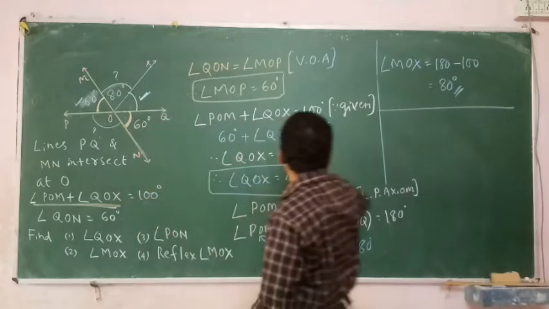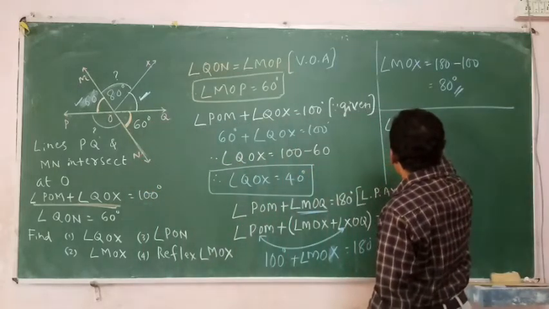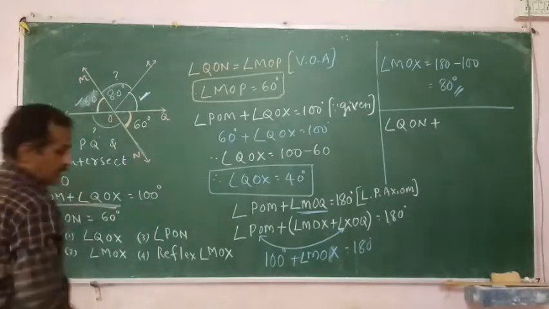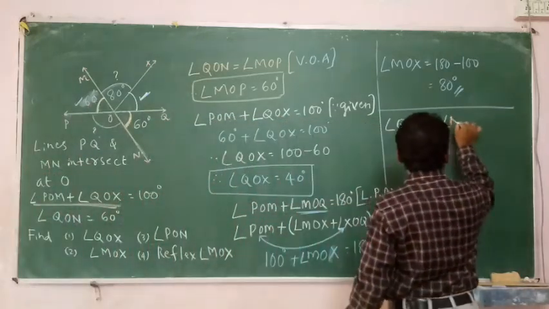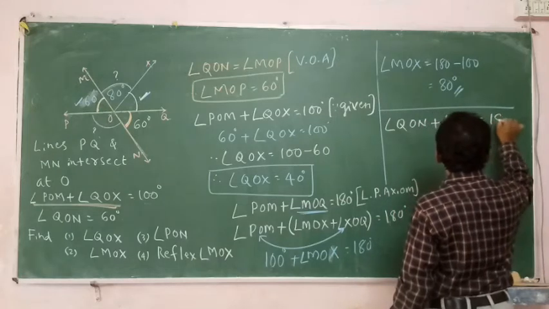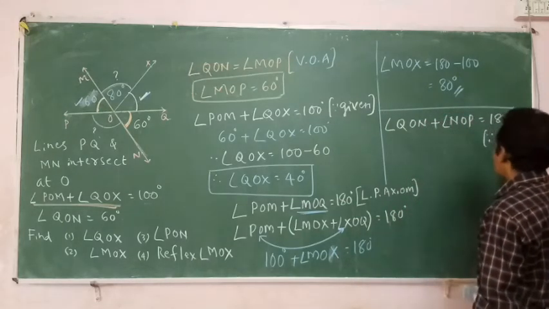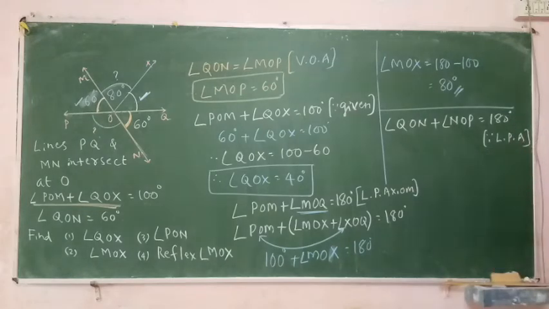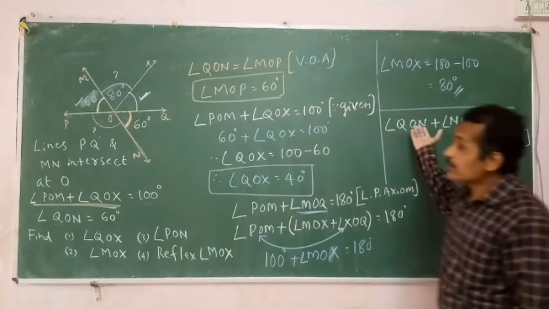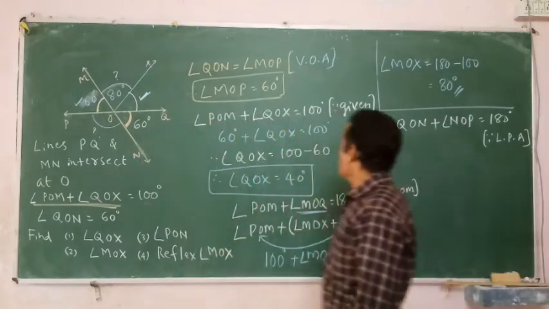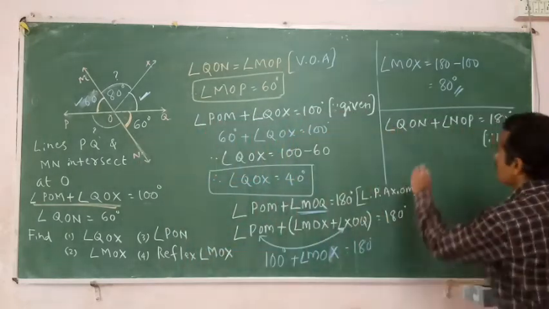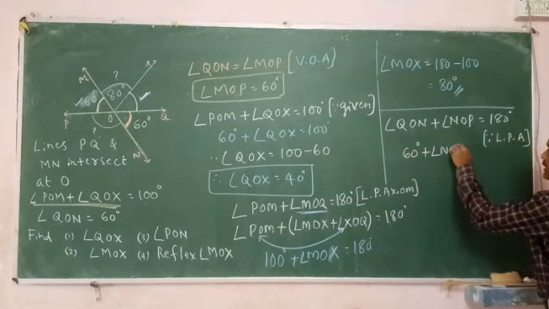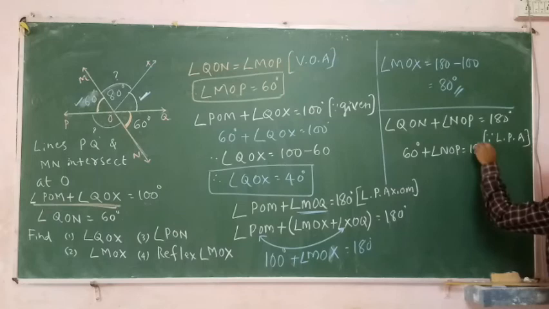Angle QON plus angle NOP is equals to 180 because we can say linear pair axiom. Which angle is known to you? This angle 60 degree, you know. Angle QON 60 plus angle NOP is equals to 180 degree. Therefore